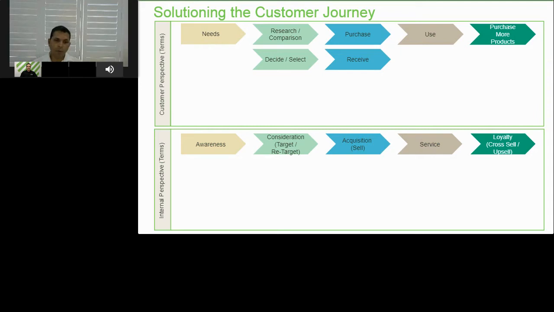One is that when we talk about the customer journey, there are always two different types of terms used. One is the way the customer sees or thinks, and the other is how our internal teams such as marketing, sales and service use terminology, which is quite different from the way the customer uses it. I was reading an article the other day, and one interesting fact was that regardless of how much technology or digital channels have changed around the customer, their social behavior around identifying their needs and buying hasn't changed.